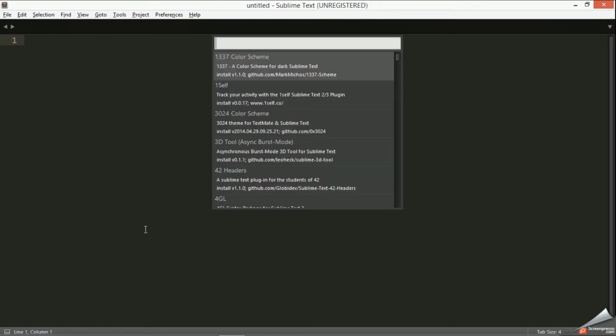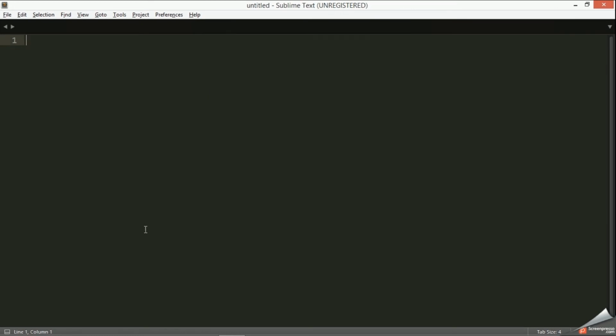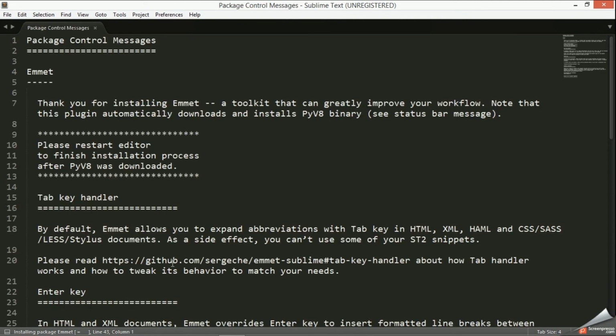These are the list of the packages and you can search for that particular package. So here we are going to work with Emmet, so search for Emmet and here it is. Now hit enter and let's get it installed. Okay, so installation is done. Now close this tab and